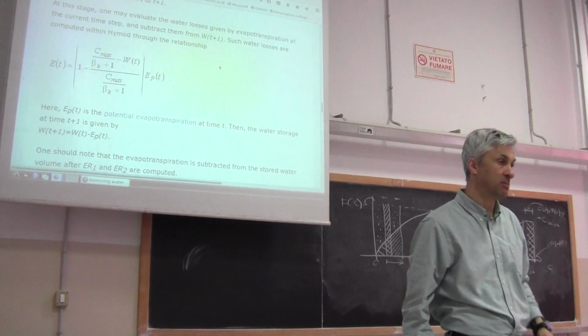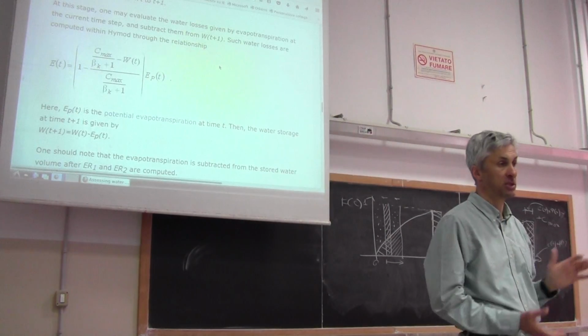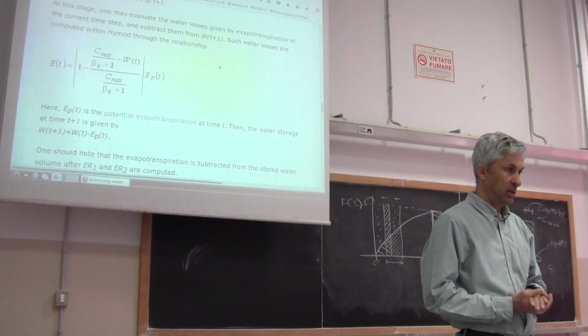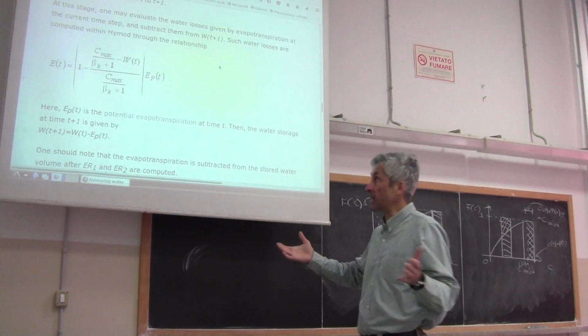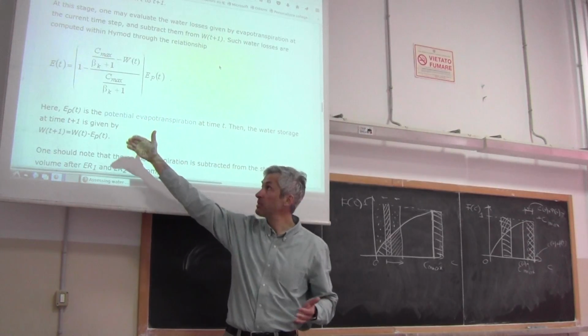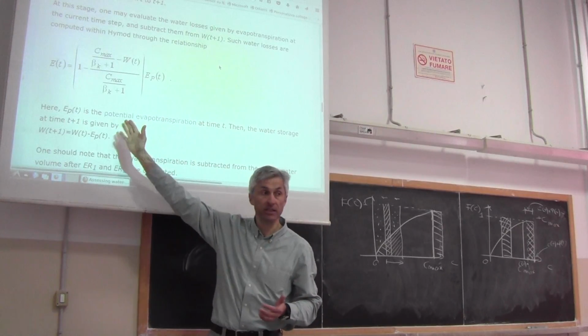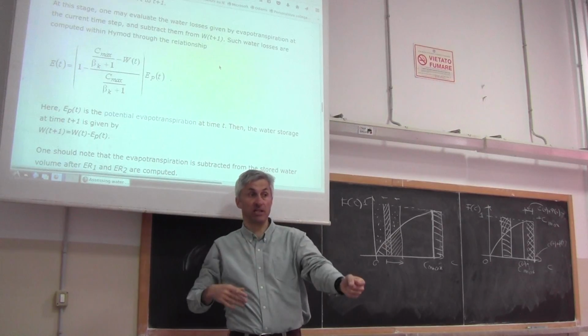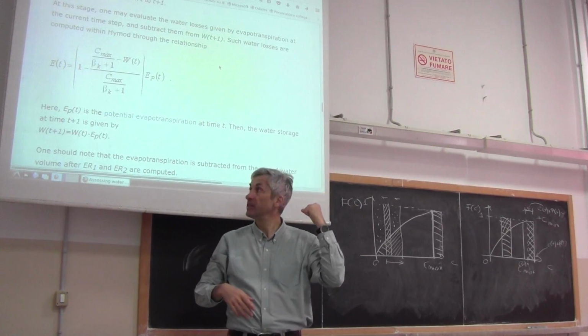This is a scheme that is adopted by several models. And therefore, once you have your estimate for WT, it becomes easy to compute ET, and then you can update WT by subtracting ET